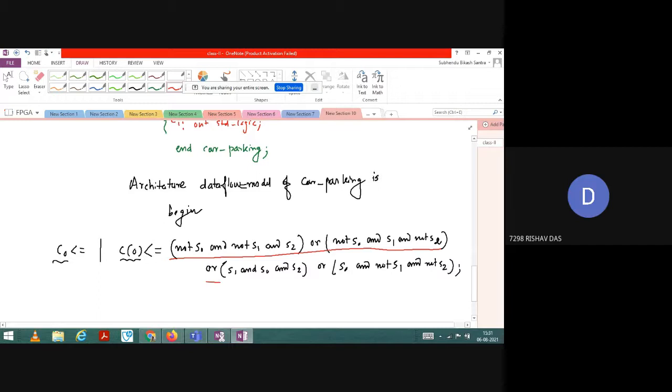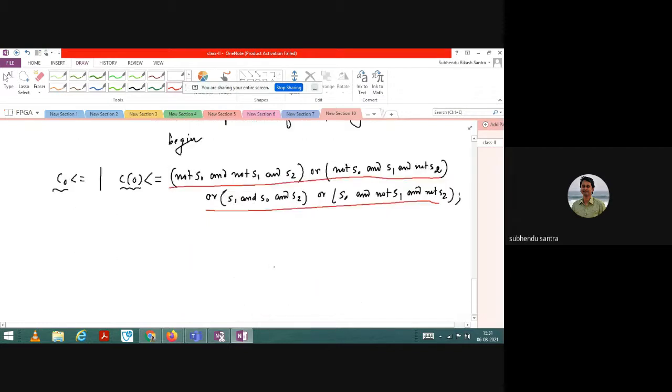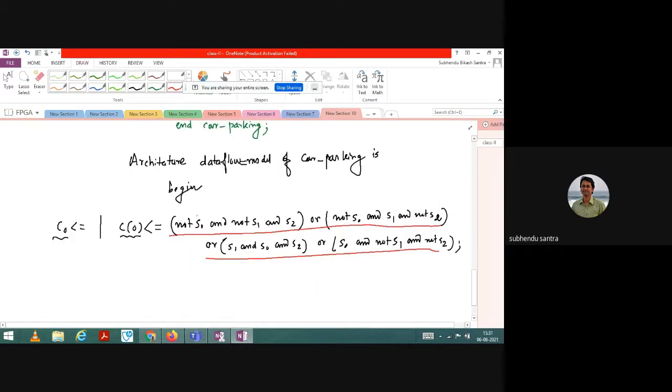Shouldn't we write the 0, 1 and 2 in brackets because they are vectors? Yes, you are perfectly right. Because I have taken standard logic vector, I should write S(0), S(1) and S(2).